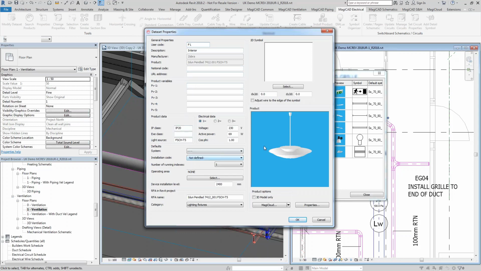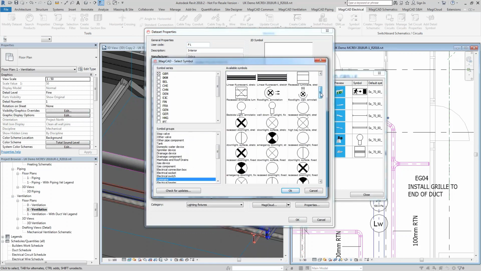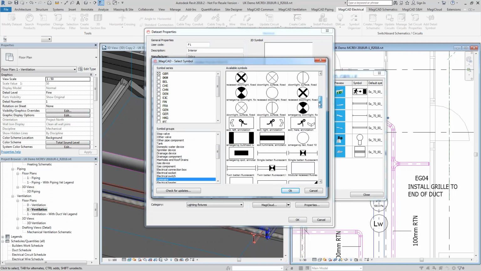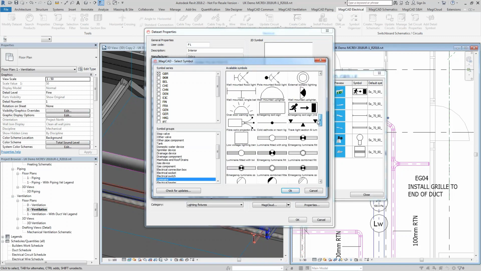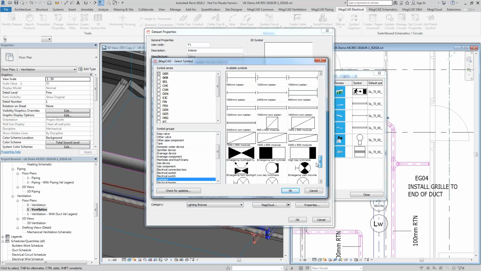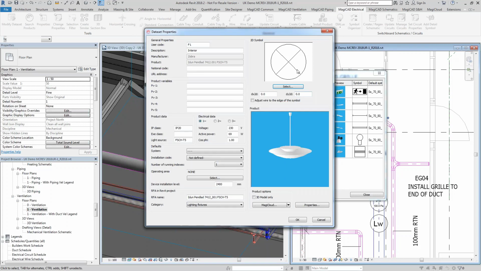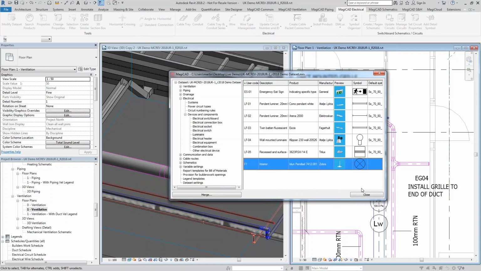So once you've selected all that, you can then choose a 2D symbol. As mentioned, these 2D symbols are customizable. You can create your own 2D symbols. Again, I'm not going to go through that today. That's for a separate webinar again. But if you select your appropriate symbol for the luminaire that you want to use, I'm just going to use this one for now. Then once all of your data here is populated, you can actually click on that